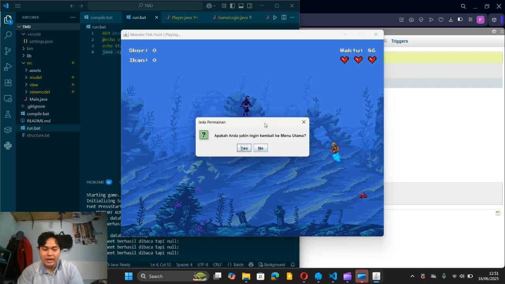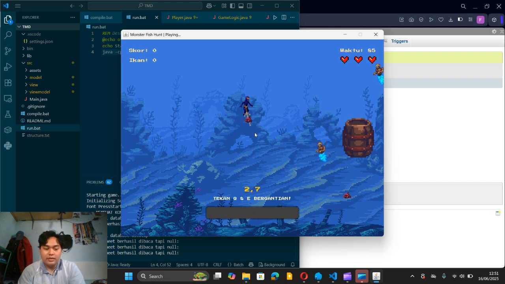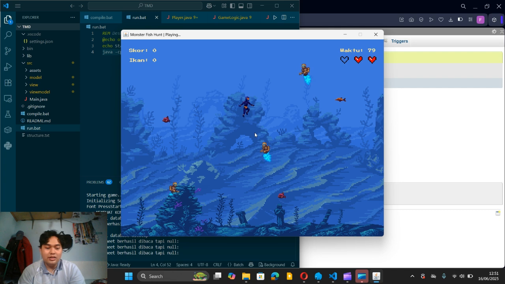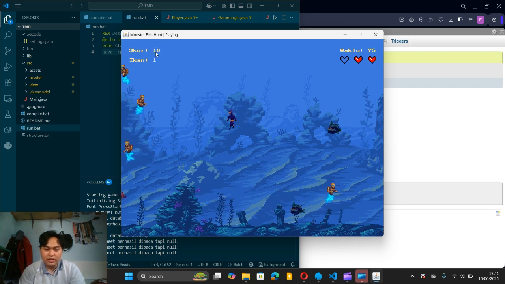The player can move in all directions using WASD or the arrow keys. Different types of fish will spawn randomly from the sides of the screen. To catch a fish, you fire the harpoon with a mouse click. Let me show you. Like this. And you enter a struggling mode. You just spam Q and E alternately to reel the fish. Once the fish goes into the barrel, like this, your score increases. But if you fail, your heart will be reduced.